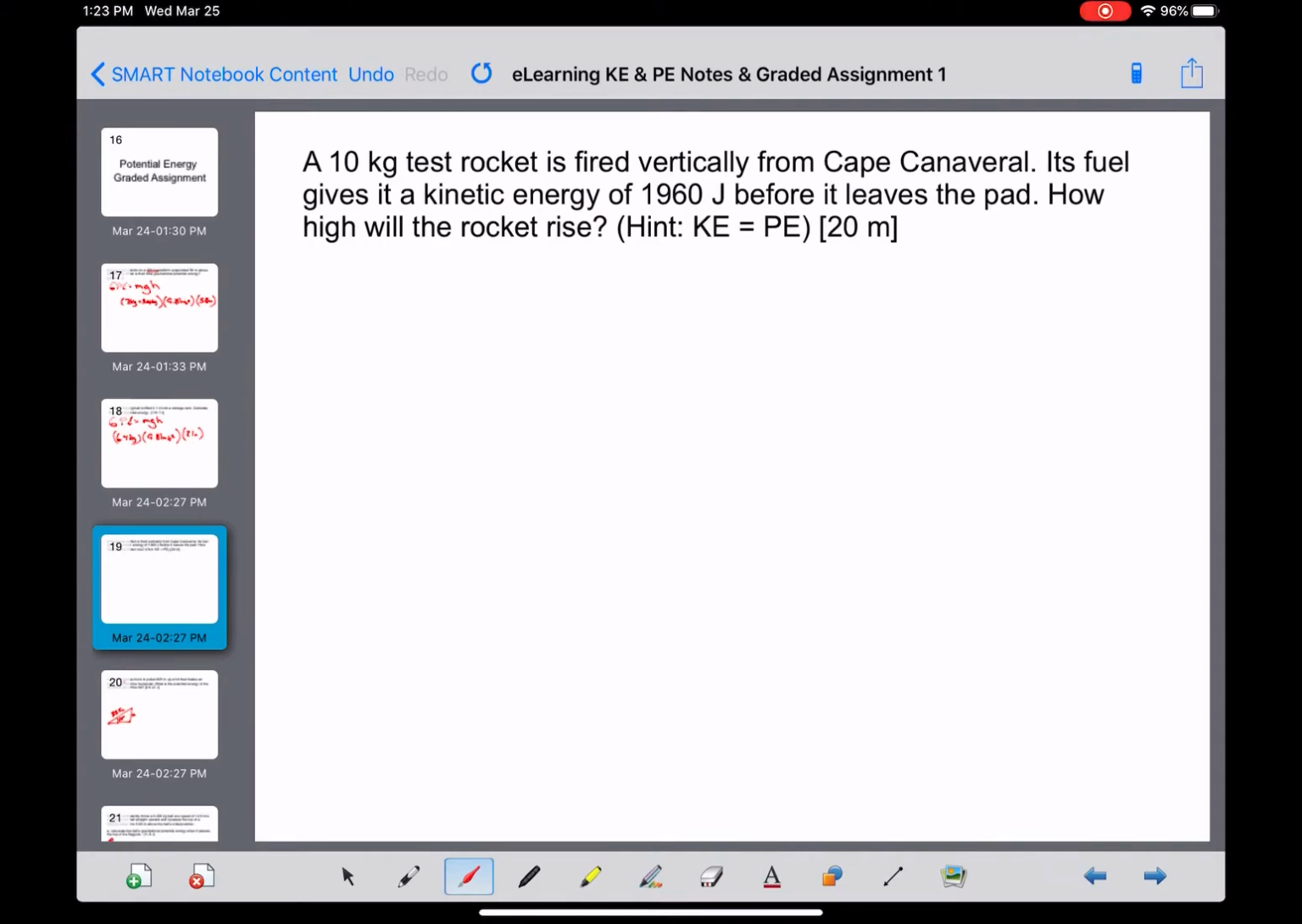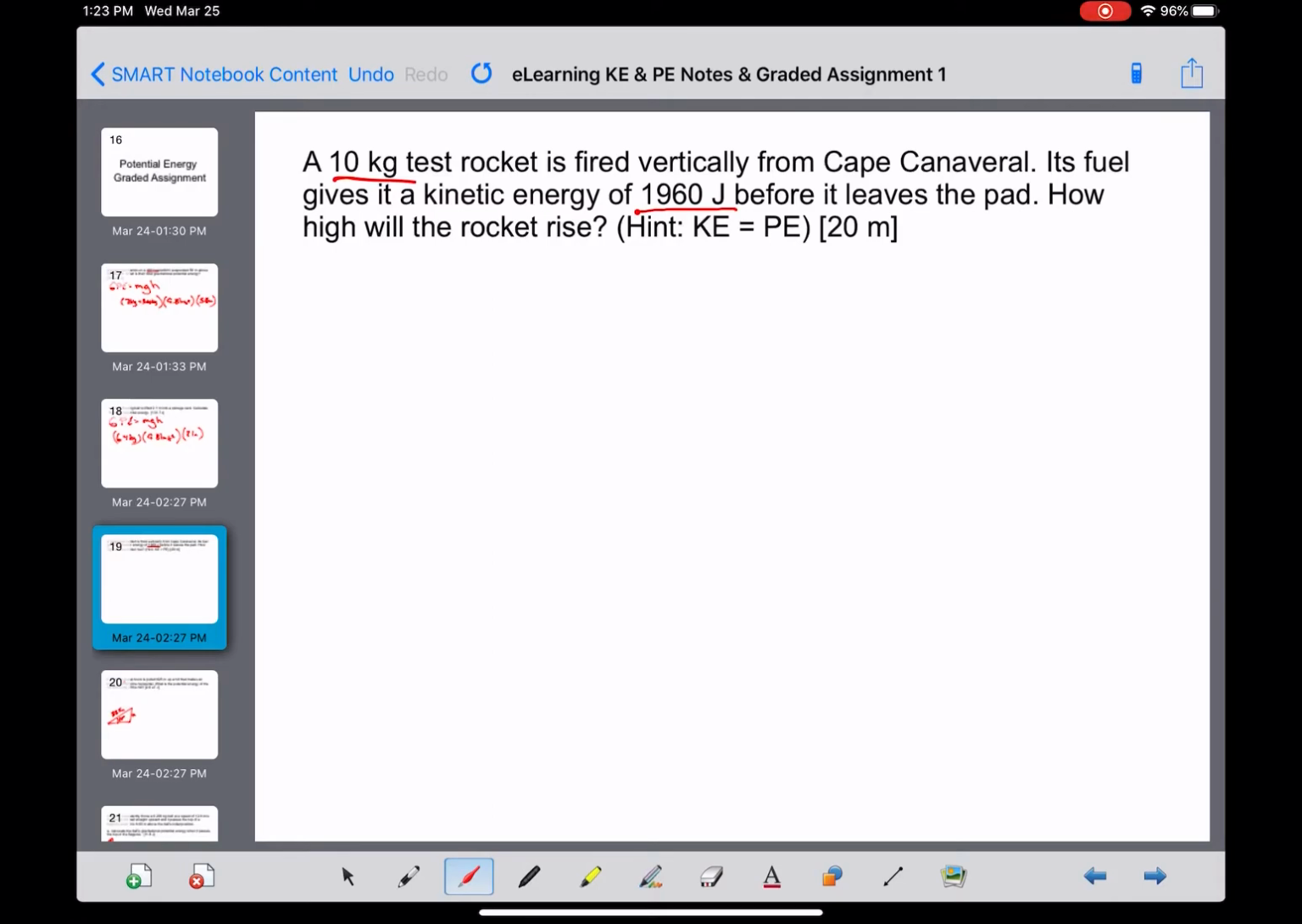All right, question number 3. We have the mass of the rocket. It is fired vertically, and it's giving us the amount of kinetic energy before it leaves the pad. The fuel itself gives the ability to have this. So in this value that they're giving us, this kind of energy that would be potential, when we look at this, we know that the